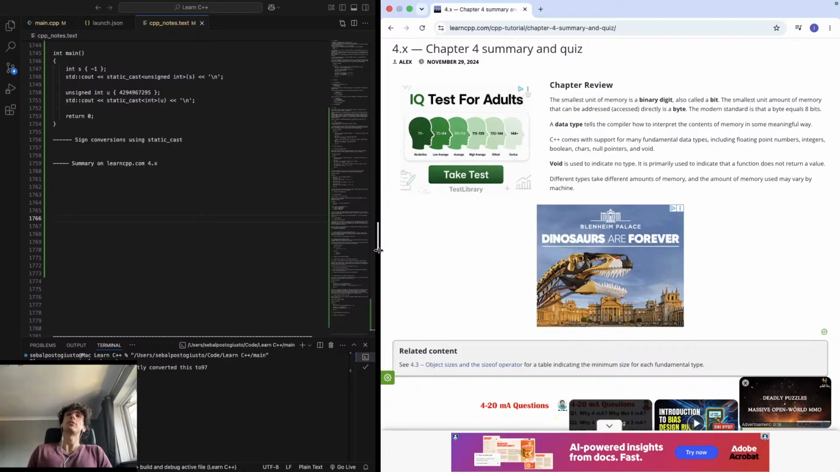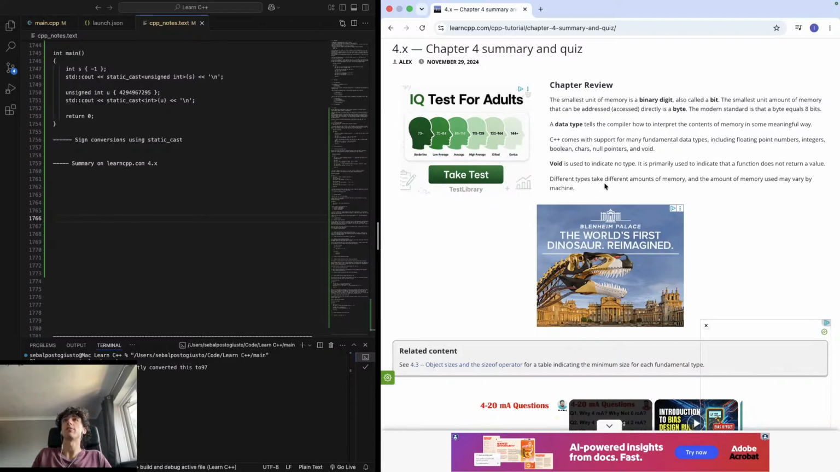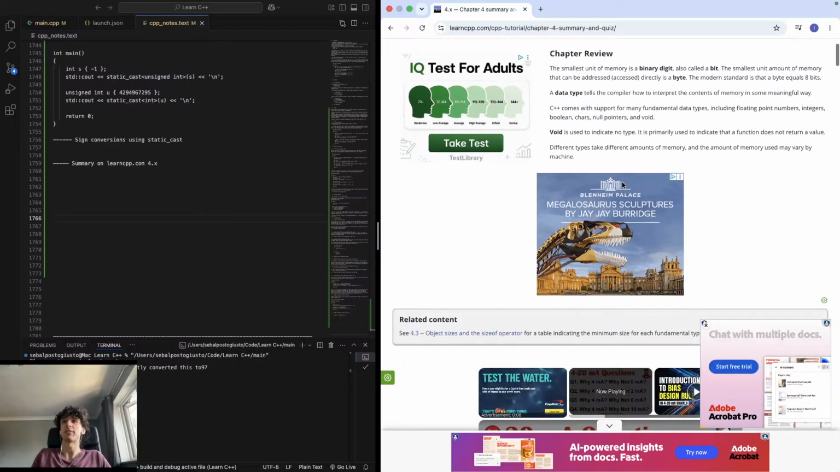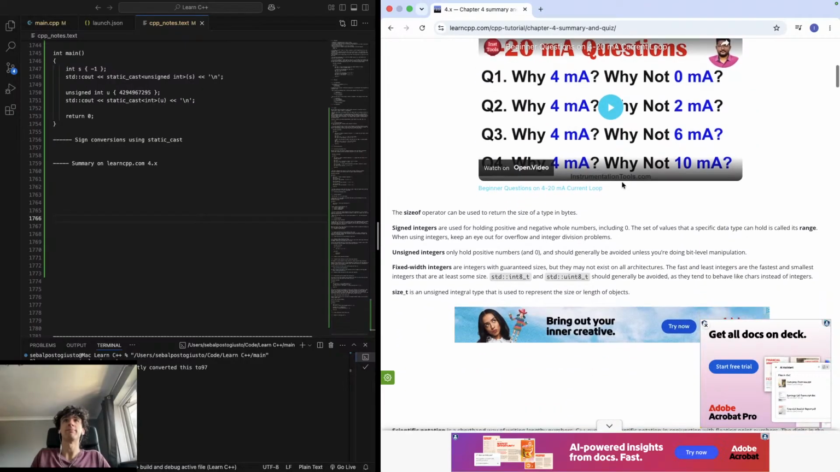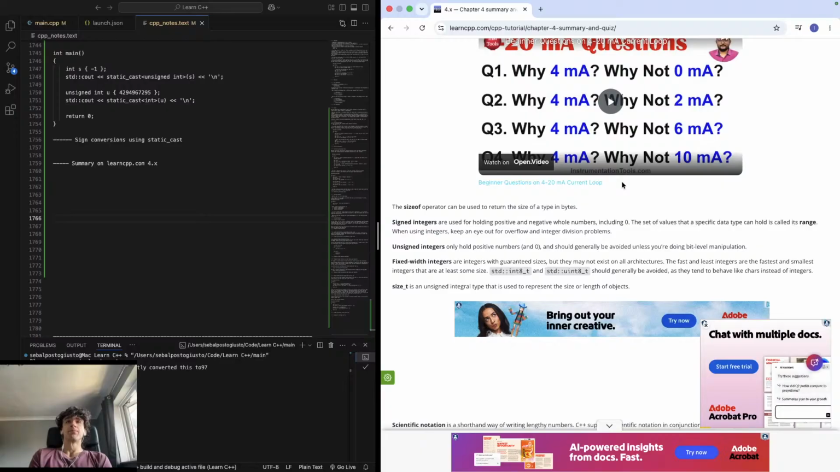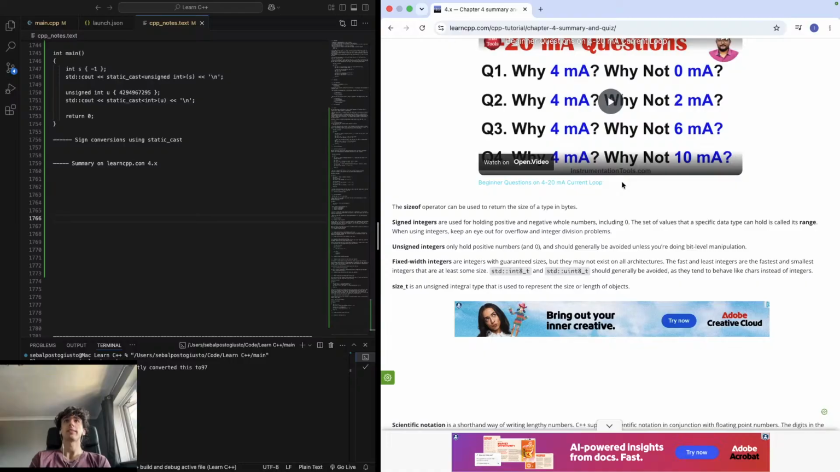Void is used to indicate no type. Different types take different amounts of memory. The sizeof operator can be used to return the size of types in bytes. Signed integers go from negative to positive in the range, and unsigned go from 0 to whatever their uppermost range is. Fixed width integers